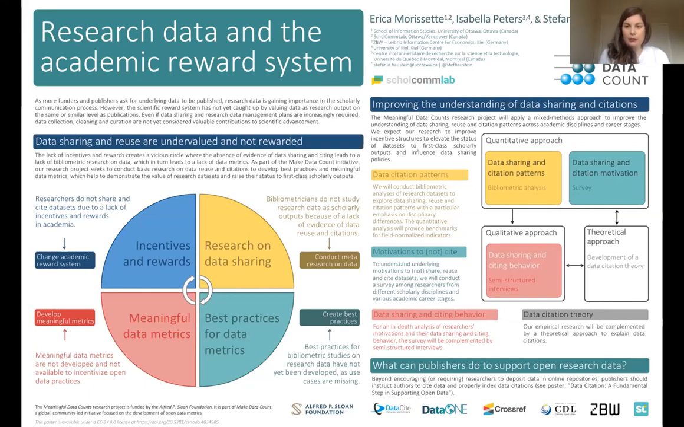actually do empirical research. And we think it's really important to look at this from a quantitative but also qualitative point of view. So our approach is mixed methods, and we're going to do bibliometric analysis to look at data sharing and citation patterns. But we're also doing surveys to ask researchers directly, why are you sharing and citing data, or also particularly why are you not doing that? And then we want to complement this by semi-structured interviews into finding more about the particular behavior of researchers. And we also have a theoretical approach by a PhD student that wants to put data citations in a larger